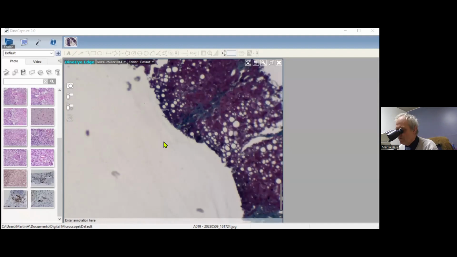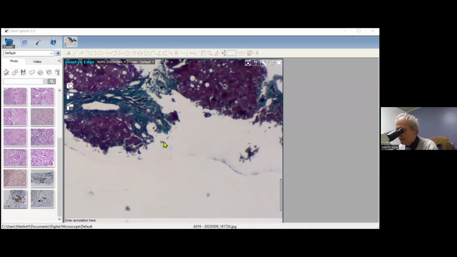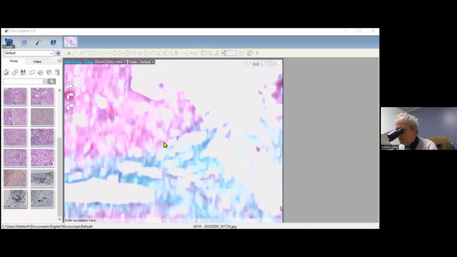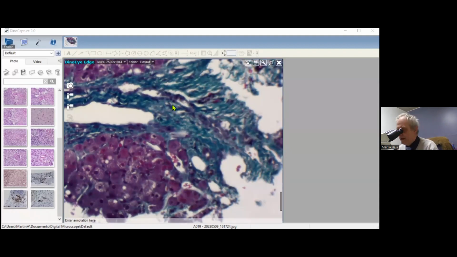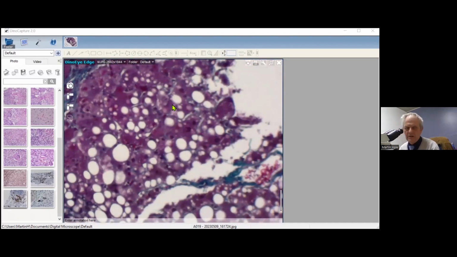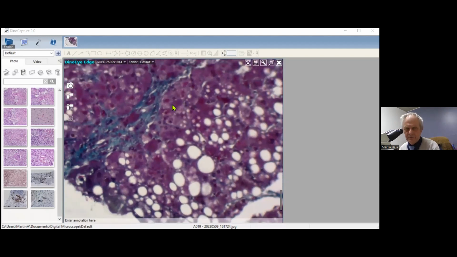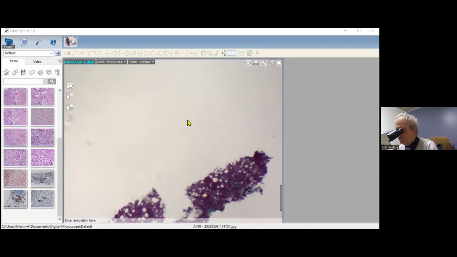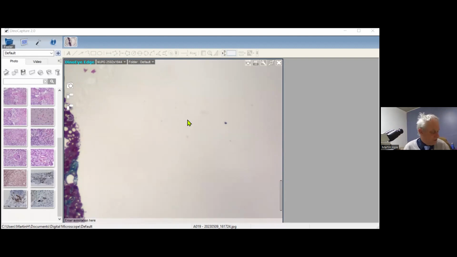So there's a bit of portal fibrosis, for example, there, an expanded portal tract. And then you've got a little bit of fibrosis in this area here as well, with a little bit of extension into the parenchyma. So I gave that a score of 1. So then on the SALVE score, it would be an activity grade of 3 and an SFS score of 1.